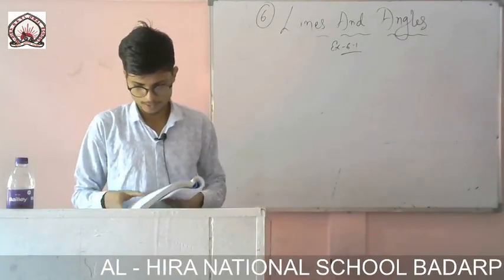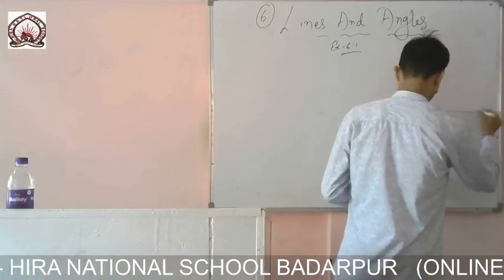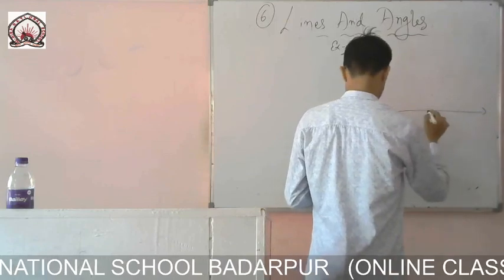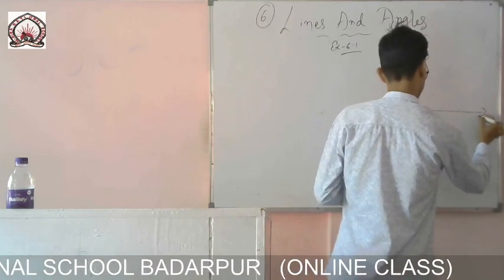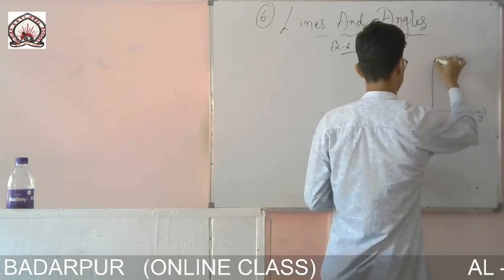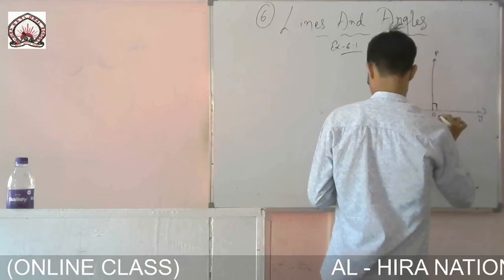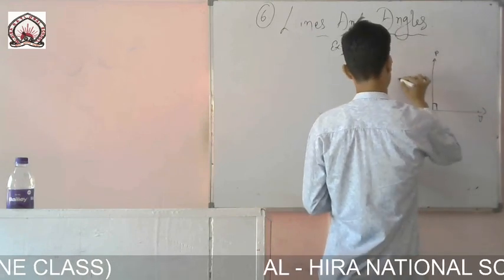So first of all, let me draw that angle. Okay, what is the figure given? Let me draw it. It is given like this: Y is there, X is there, then one straight angle given, sorry, 90 degrees, this one, and another one given like this.